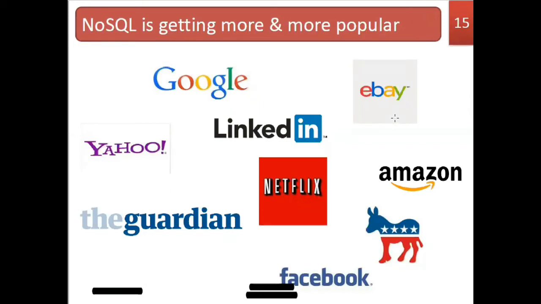Since all the companies on the slide, mostly all of them, are using unstructured data with a very huge volume of data. They are dealing with even some real-time data with high velocity and high volume, and different categories of data, right? These characteristics are so applicable for the big data environment. So these companies will be using those types of data, and obviously they will be using NoSQL databases.